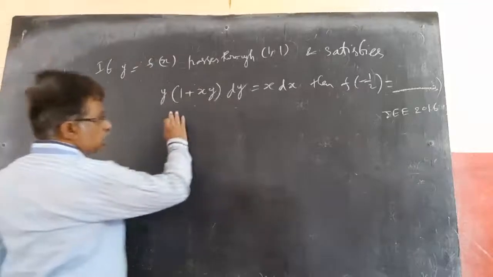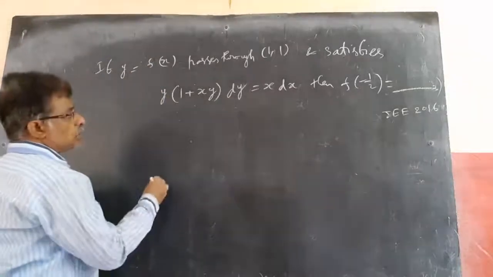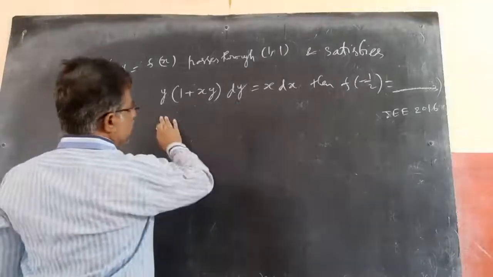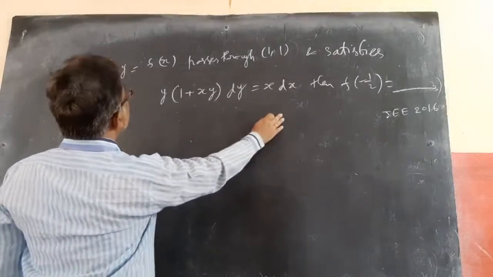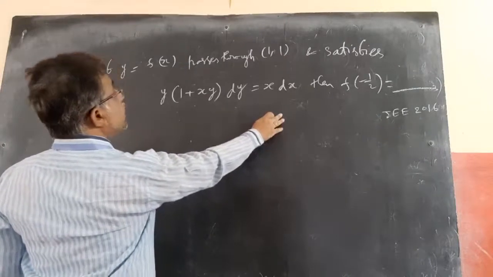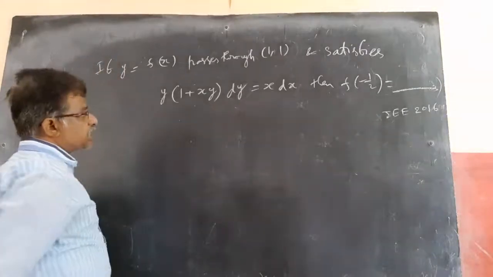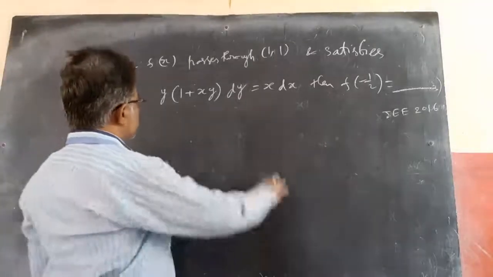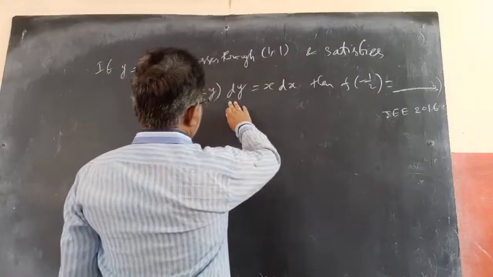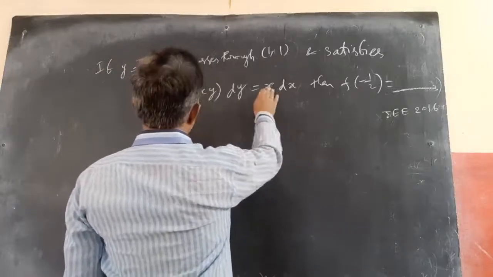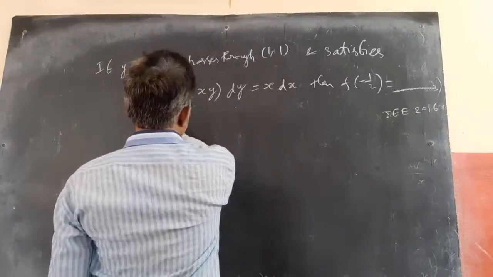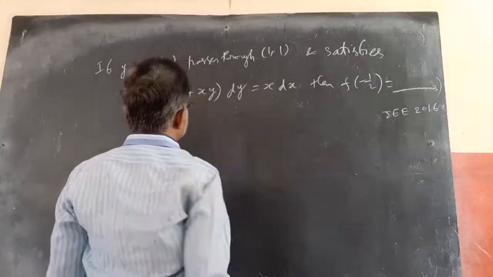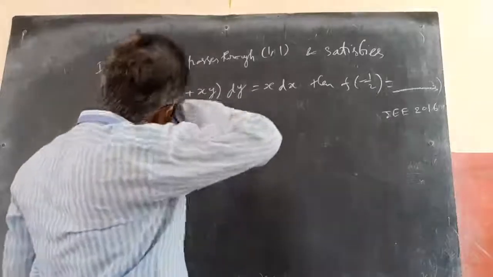Now, how to solve this equation? This is a homogeneous one again, observe. If I bring x to this side and y dy to that side, what happens? It becomes y by x or x by y like that. Then you can convert into homogeneous equation or linear, depending on the situation we will proceed. If I bring dy to this side, x to this side, what happens? Y by x, and x by dx by dy. So no use. I need dy by dx.